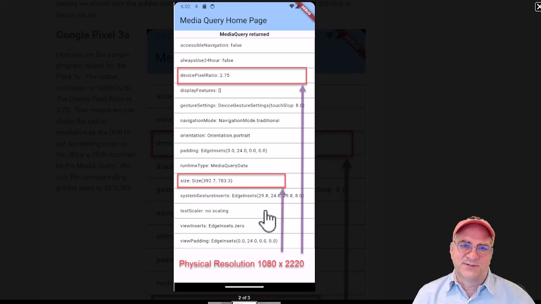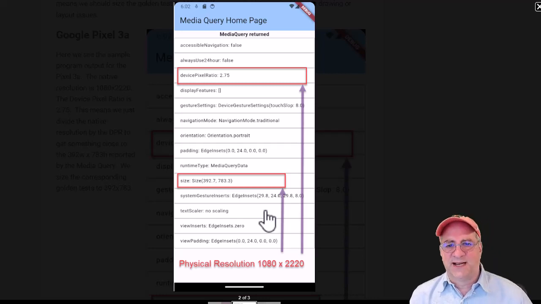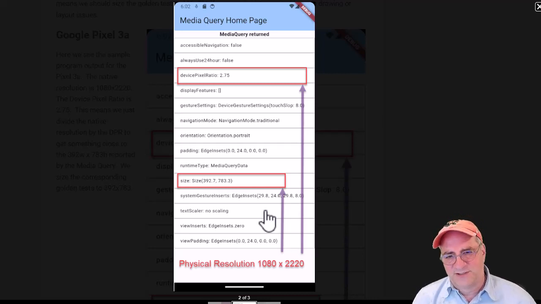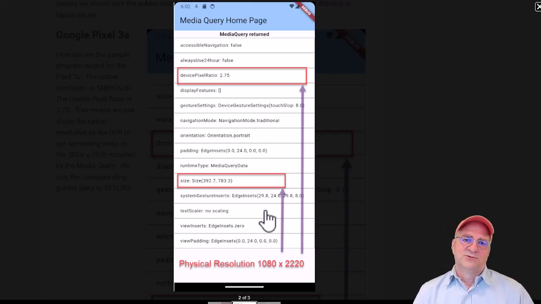Basically, what I did is I wrote this little program, and all it does is a MediaQuery and prints it out. And this is actually for the Pixel 3a here, right? Physical resolution, 1080 by 2220. And it has a DPR of 2.75. So basically you divide 1080 by 2.75 and 2220 by 2.75, and you get an effective size of 392 by 783. So if you're going to do a golden test, you're going to do a golden test at 392 by